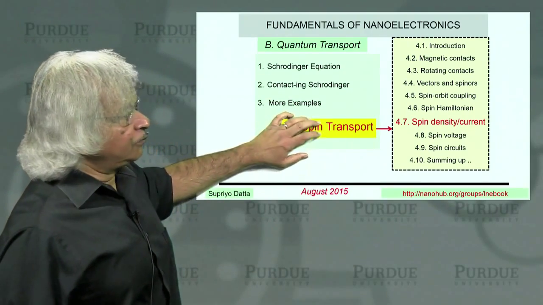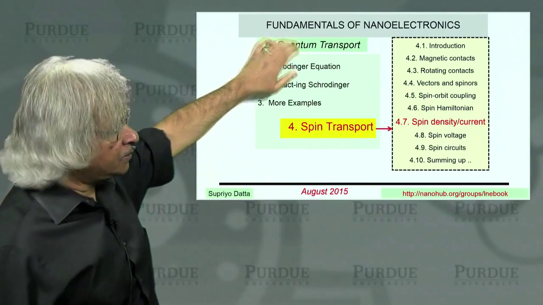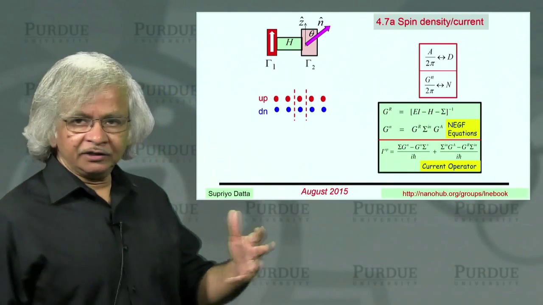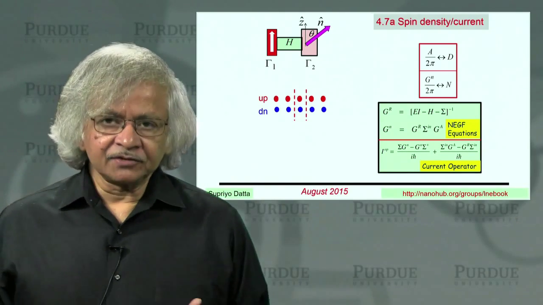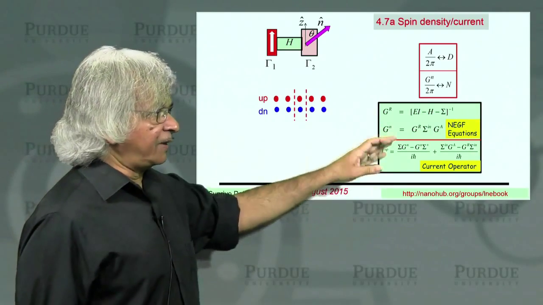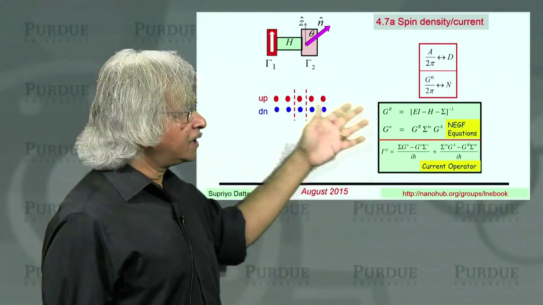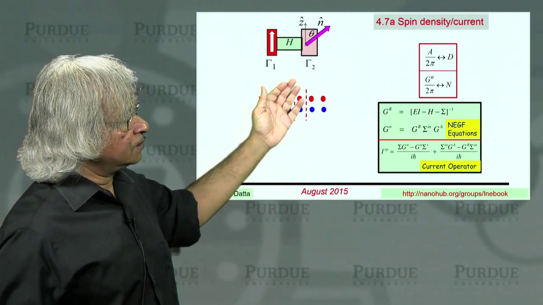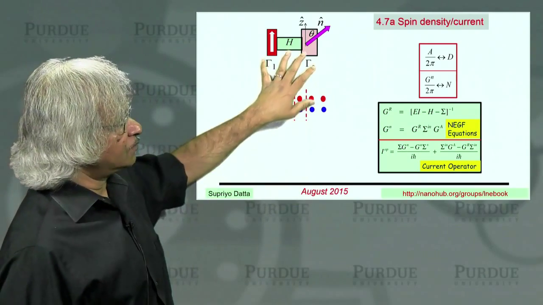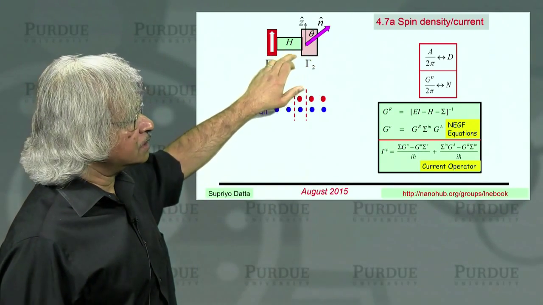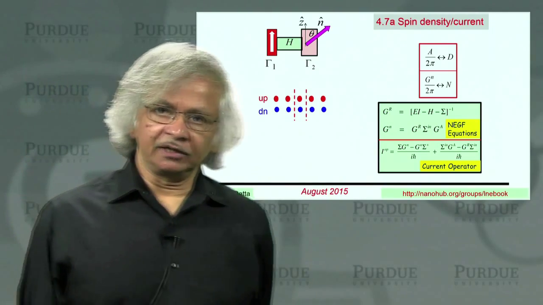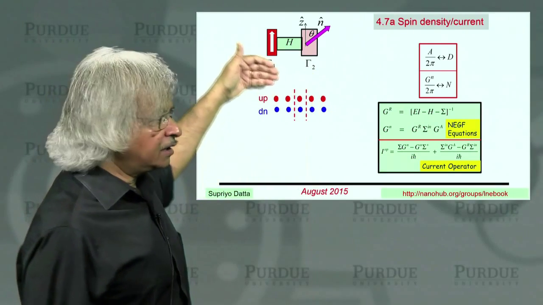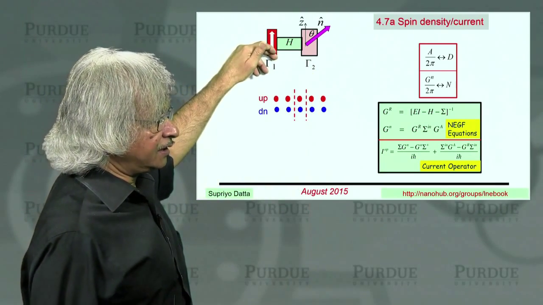Welcome back to Unit 4 of our course on quantum transport, and this is the 7th lecture. Now, as you know, in this unit, we have been illustrating the use of this NEGF method, which we developed in earlier units, using examples from spin transport. And spin transport usually involves magnetic contacts or special properties of the channel like spin-orbit coupling. And we have talked about how to include these into the description of this H and the gammas or sigmas